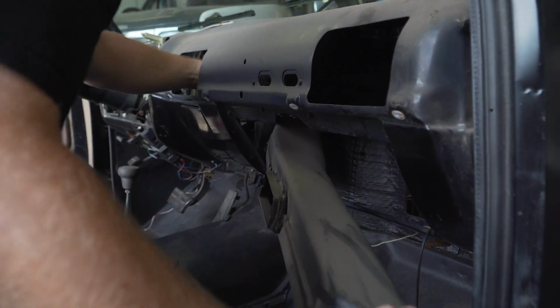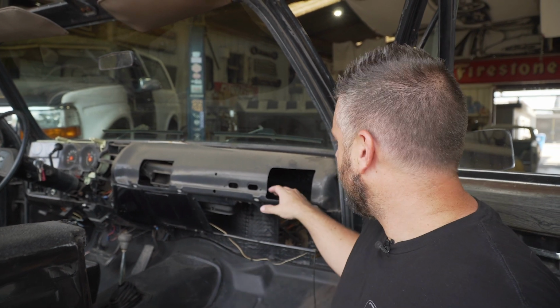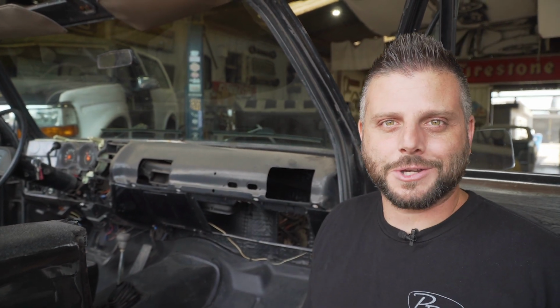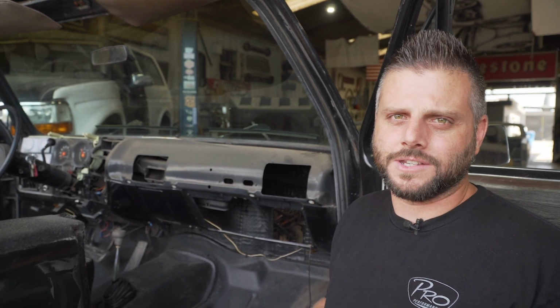All that's gonna come out because in the Vintage Air kit, you're gonna get all brand new ducting, vents, control panel, everything. This is an AC kit, our original AC Blazer. So this actually is gonna retain the original vents that we just took out with the dash pad, but that's gonna all stay on an AC kit. Non-AC kit, you'll get new vents and everything like that, but still all brand new ducting and everything, new control,